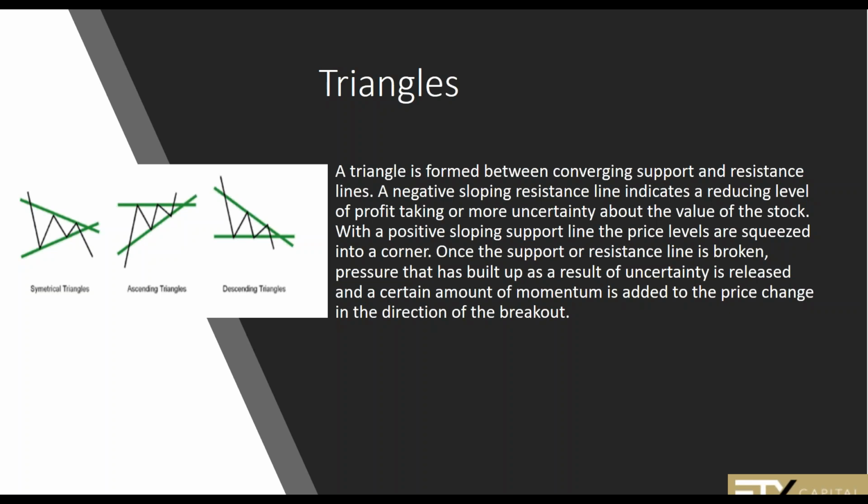So a triangle is formed between converging support and resistance lines. A negative sloping resistance line indicates a reducing level of profit taking or more uncertainty about the value of a share or an asset. With a positive sloping support line, the price levels are squeezed into a corner. Once the support or resistance line is broken, pressure that is built up as a result of uncertainty is released and a certain amount of momentum is added to the price change in the direction of the breakout. So in other words,